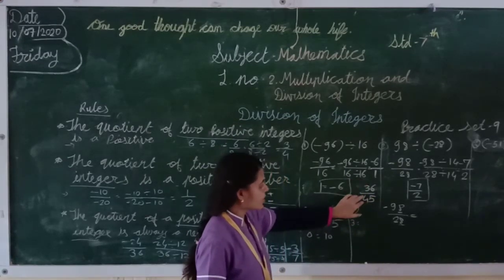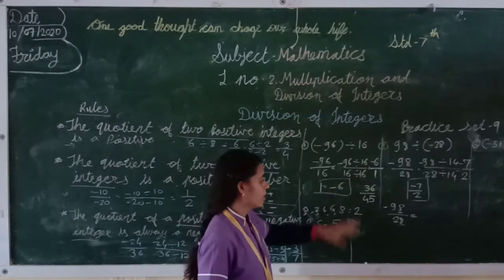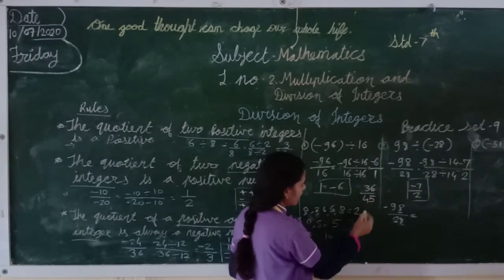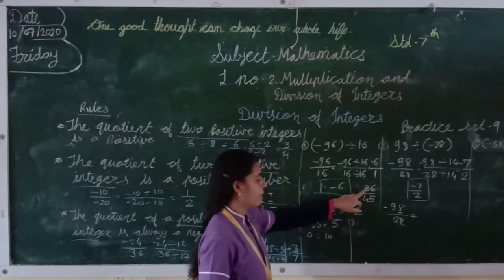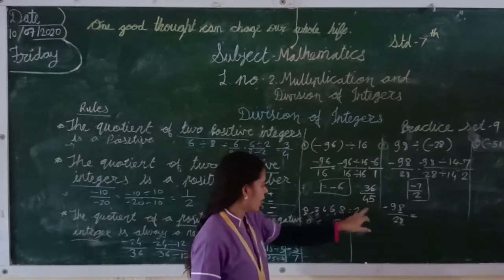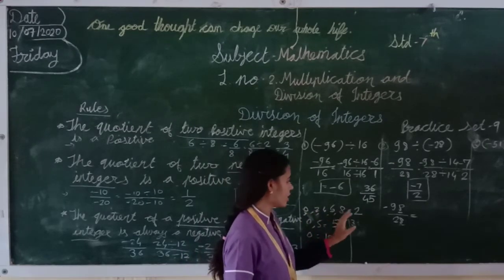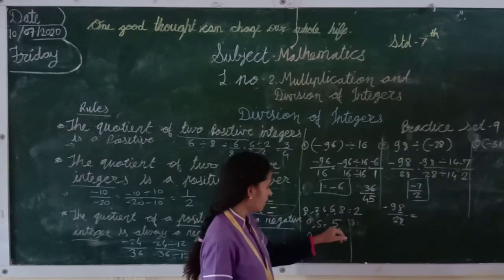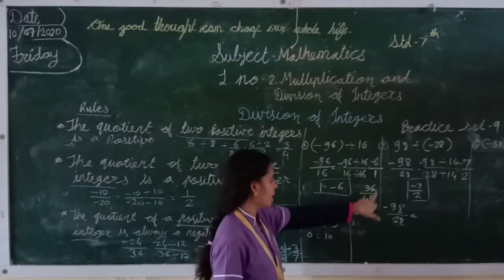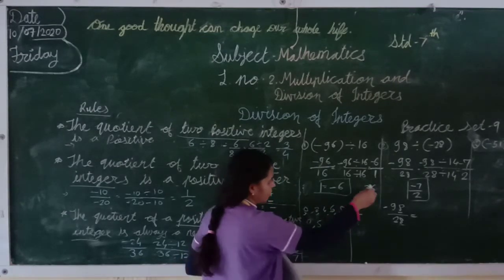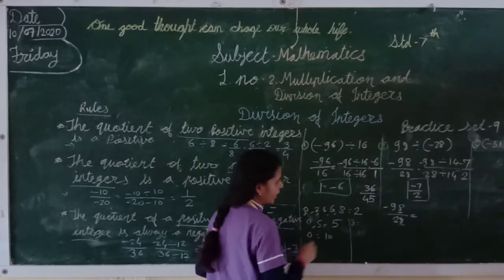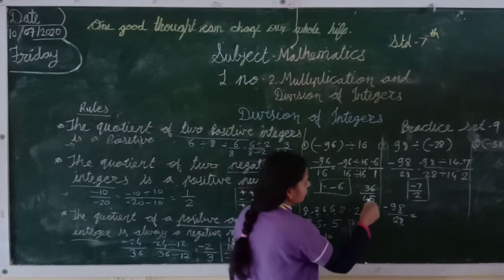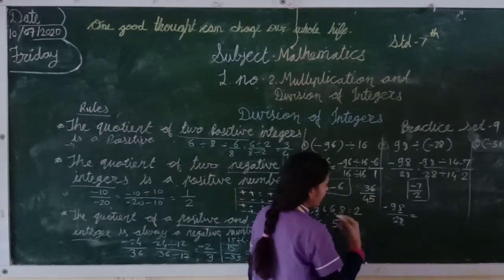So students, we will see both numbers. Can we divide by 2? No, because here there is a 6, but the downside does not have an even digit. We have to divide by the same number. Here there is no 0, 2, 4, 6, 8 in both, so we will not divide by 2. Here also there is no 0 and 5 in both, so we will not divide by 5. Here there is a 5 on the lower side, not on the upper side, so we will not. So on which number will we divide here?